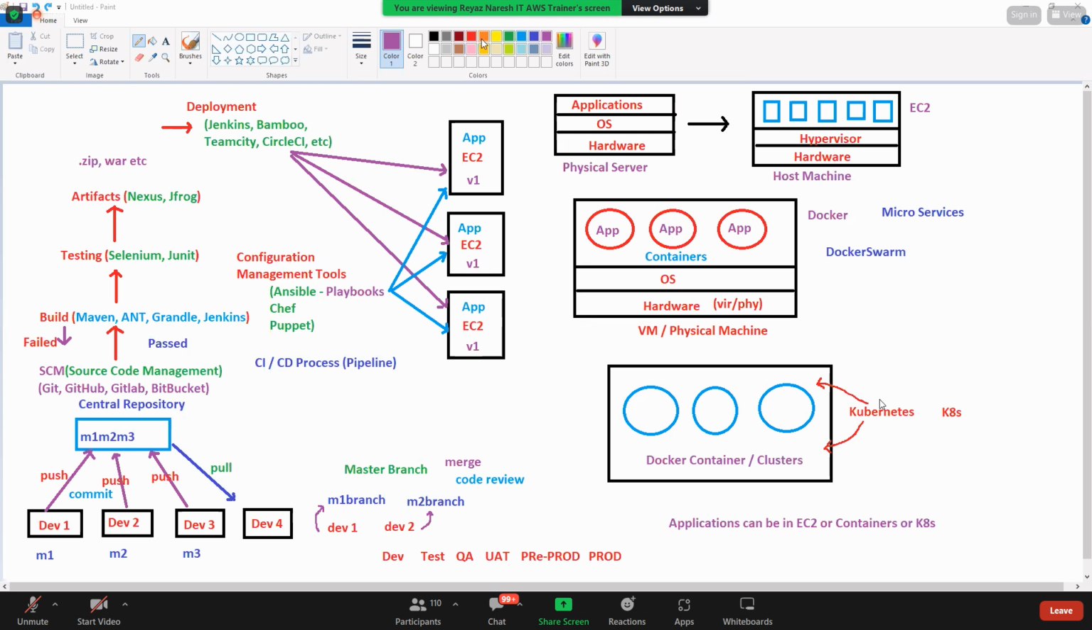Guys, listen carefully. Which color should I use? Okay. So,